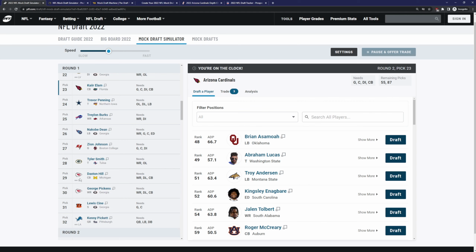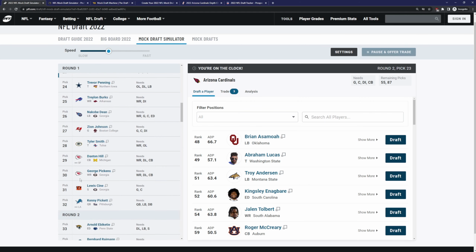With the 24th pick, the Dallas Cowboys select Trevor Penning, tackle from Northern Iowa. With the 25th pick, the Buffalo Bills select Treylon Burks, wide receiver, Arkansas. With the 26th pick, the Tennessee Titans select Nakobe Dean, linebacker, Georgia. With the 27th pick, the